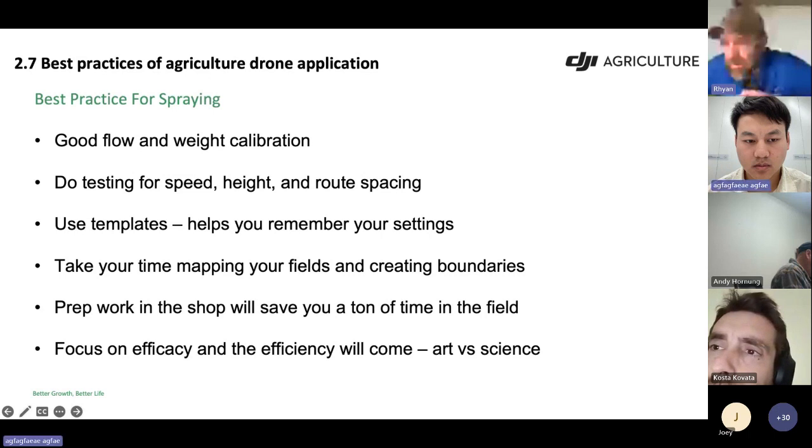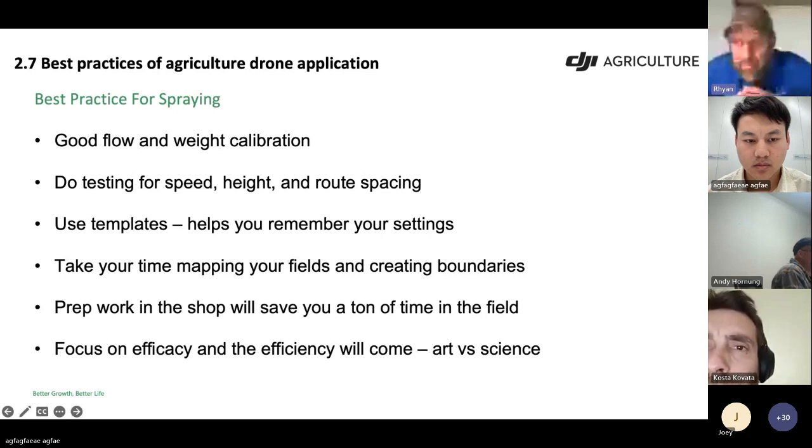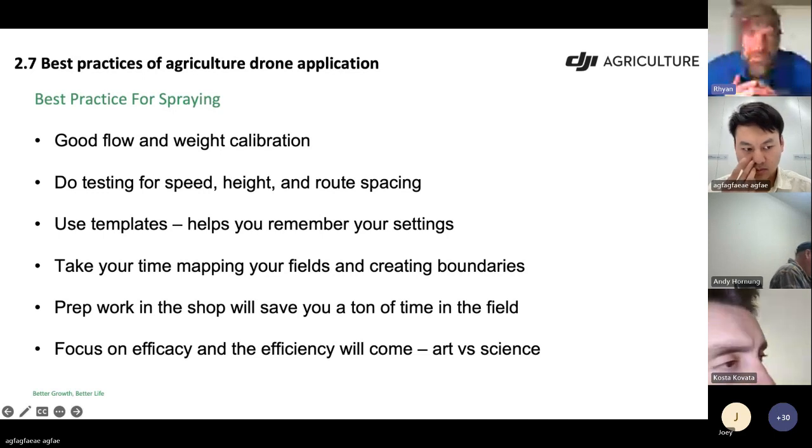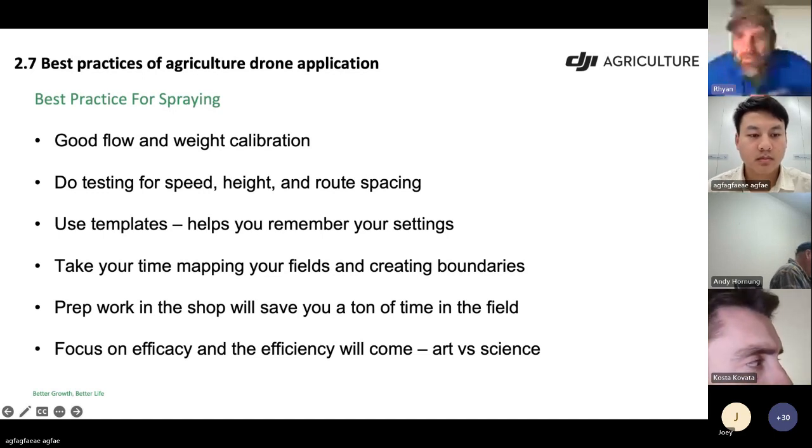Use templates. I'm a big fan of using templates on all my chemical stuff. So if I go out there and I'm doing some testing, I don't just put some random numbers in there. I build a template because I'm apt to forget what setting that was. And when you're changing those settings so many times, it's very easy to forget what those last settings were that